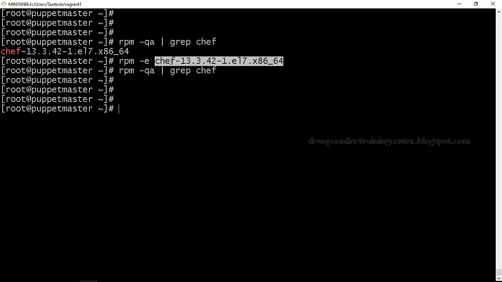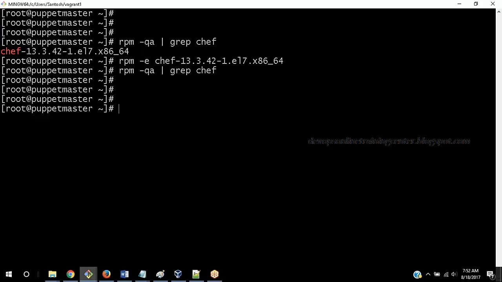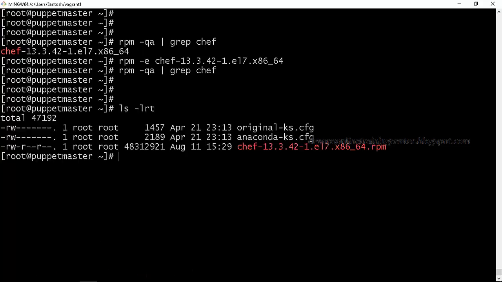So how do we download? Either using wget, or we can download to Windows and use WinSCP to copy from the Windows machine to the Linux machine, right? So the extension of the package will be .rpm. Once you have installed it, the package will be displayed like this without .rpm, right? Once you download the package, the extension will be like this: the package name, hyphen, version of the package, .rpm.